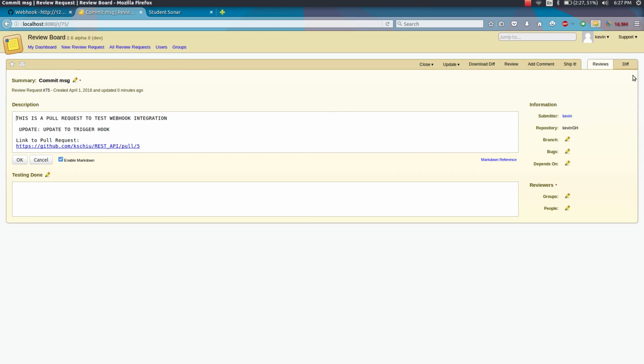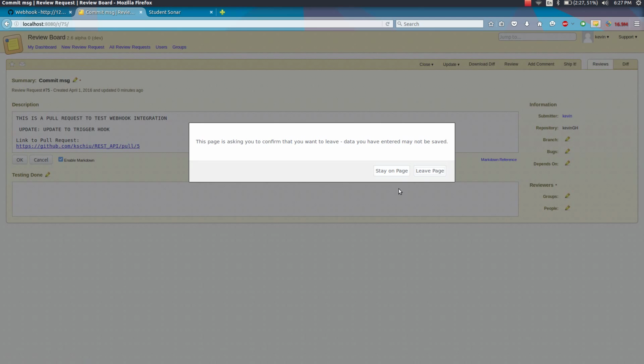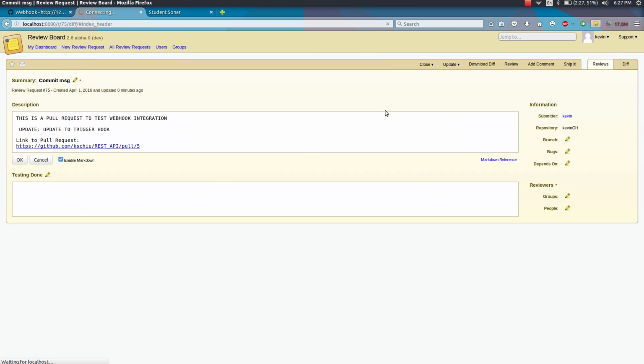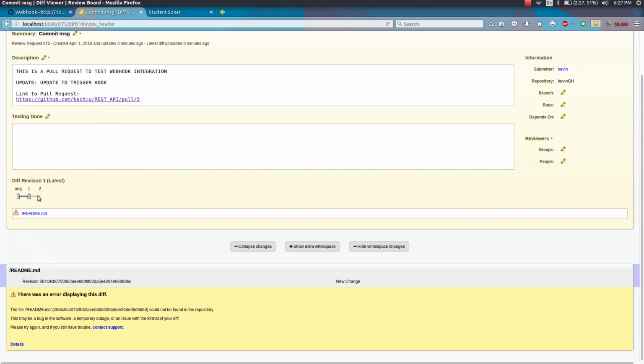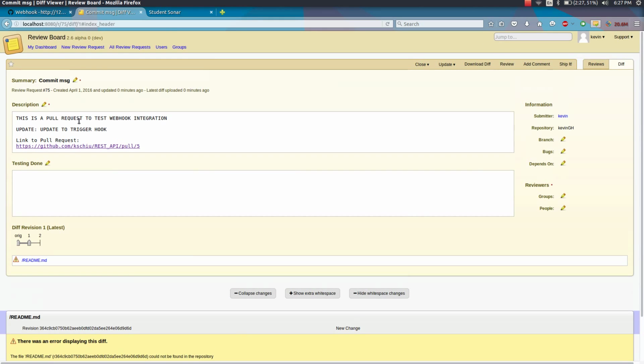And we can also see that you get leave page. You also get a new diff uploaded. So here it is. So now there's another revision to it. So that was synchronizing pull requests. So anytime you make new changes to the pull request, now Review Board will be hooked up to